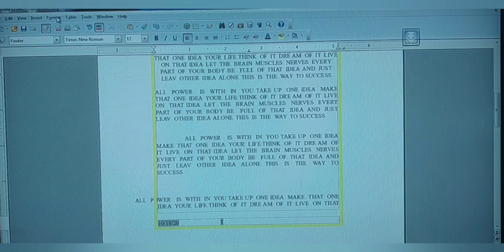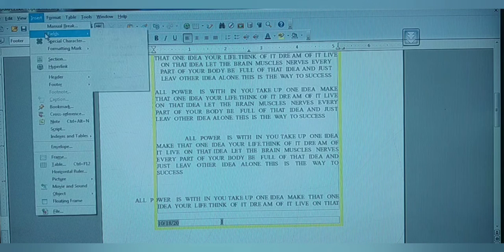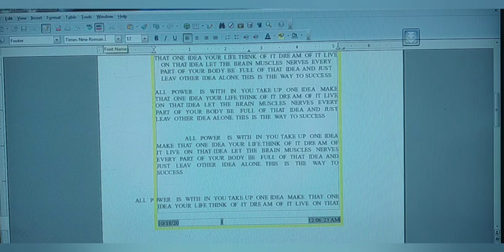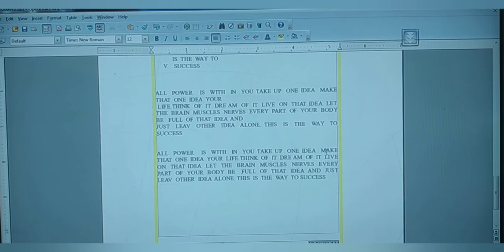Okay? Next, you can have another field also. It is your time. Yes, the time is displayed for you. The system time will be displayed here. So this is the way you can insert the fields in the header part and the footer part. So we can see whether it is applied in the next page also. Yes, so this is your date, this is your time, and this is your page number 2.